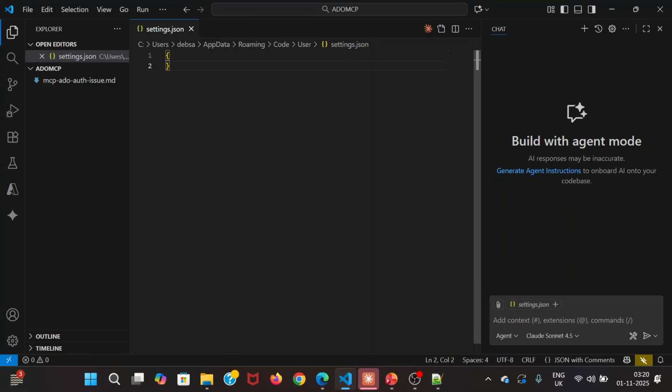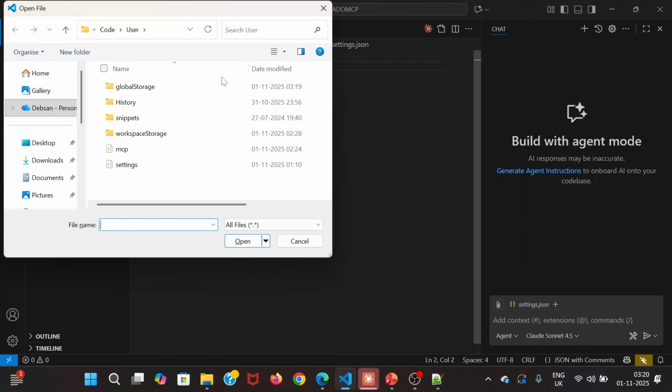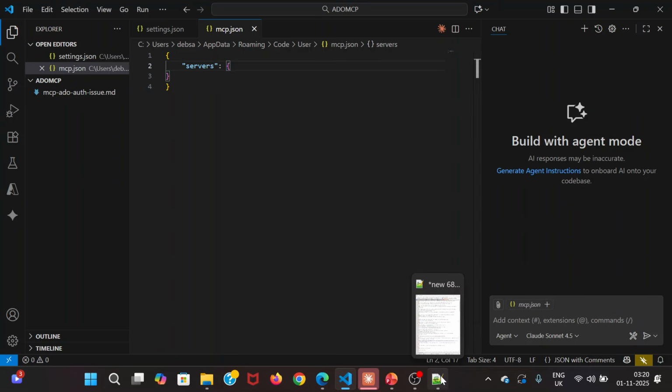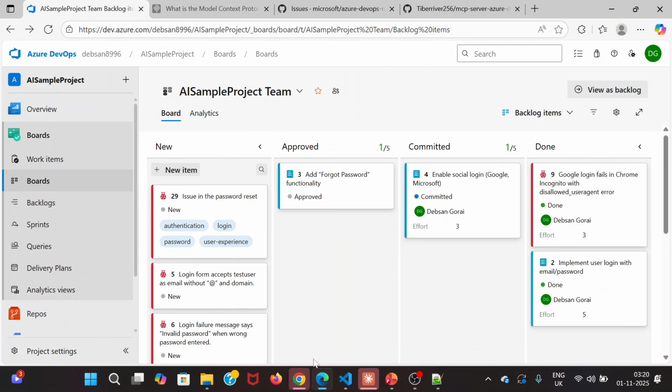So what you can do, you just press Control O in Windows. So here you can see there is an MCP folder, this one. And I have this server. I had already kept this one. I'll tell you in a different way as well if it doesn't work. So now, okay, what you can do, you can go to